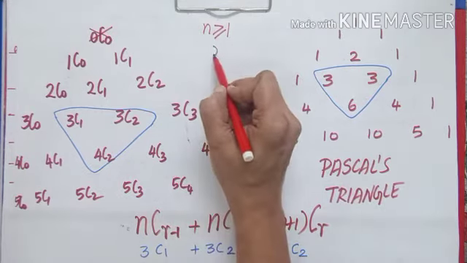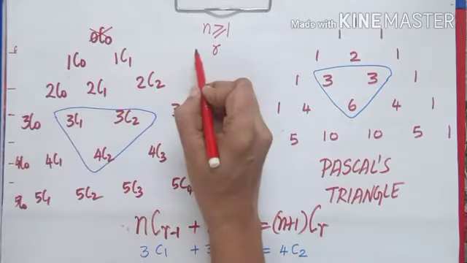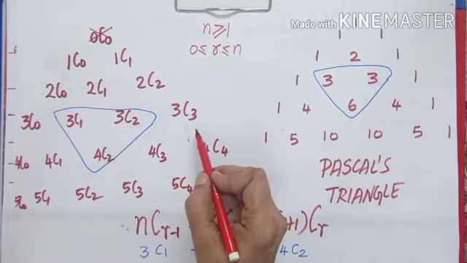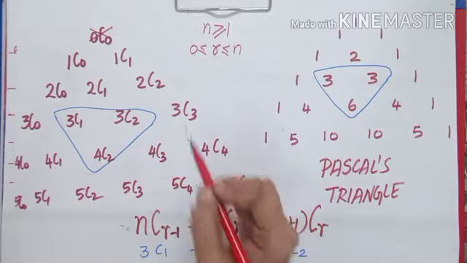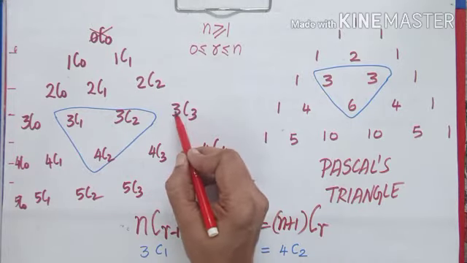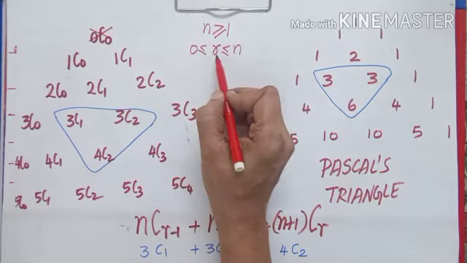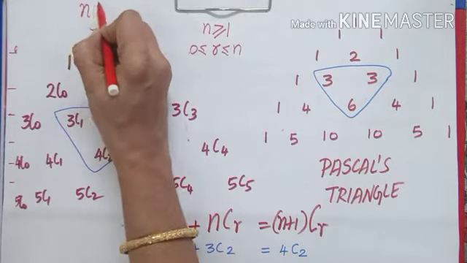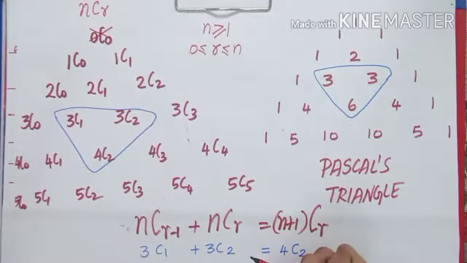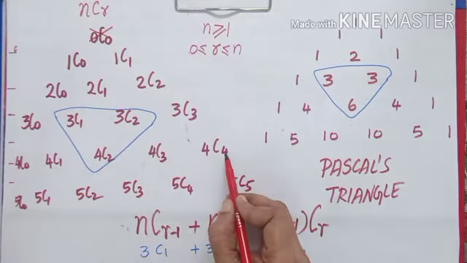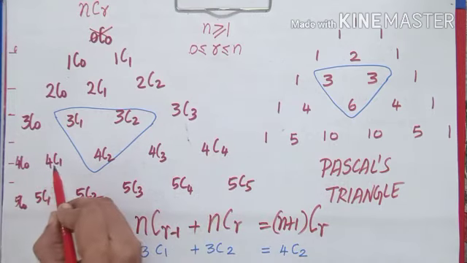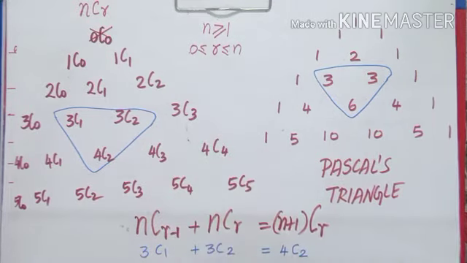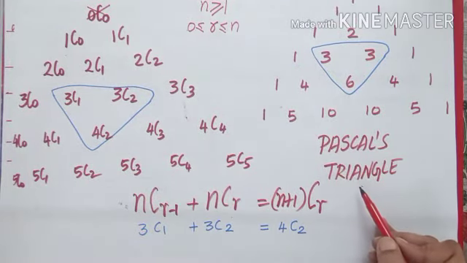So that is what we say: r should be starting from 0 and ending with n. I cannot select 4 from 3 children. I can select a maximum of 3 from 3 children. So the r value is between 0 and n. So here what we are writing is nCr. The next idea, there are 4. How will you write it? 4C0, 4C1, 4C2, 4C3, 4C4. So like this as I write, Pascal's triangle gives us an idea